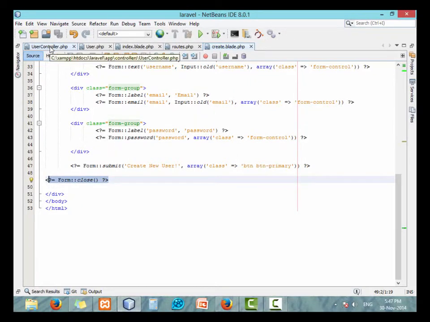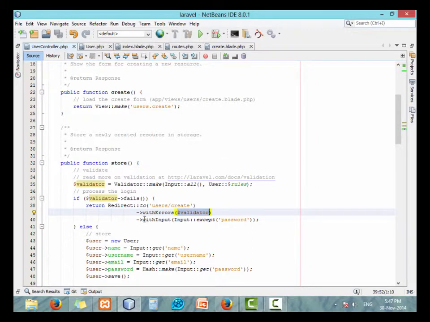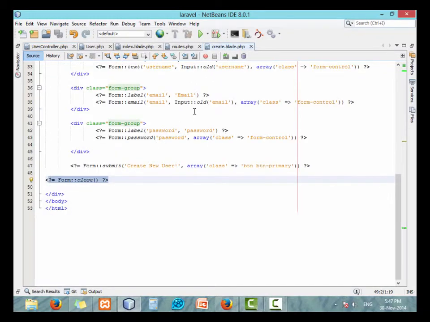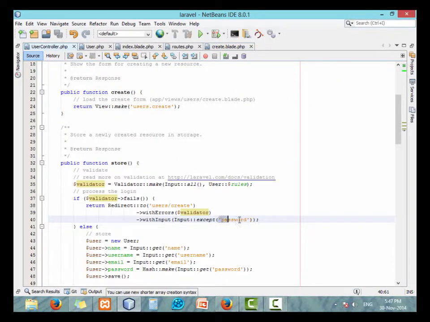But something we need to explain again. If you go to the user controller, you may notice withInput that retrieves inputs except password. Yes, this comes from Input::old. As you see, we don't have Input::old in password. Then we except password from retrieving the password. So let's test. Go to the browser